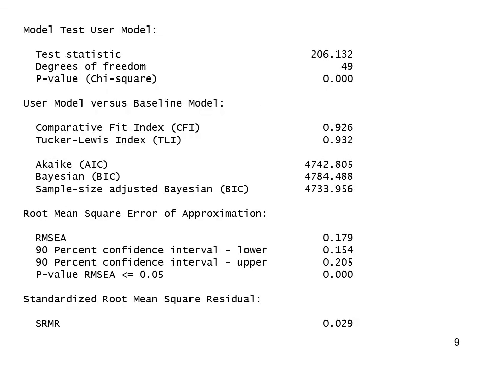The fit is not too shabby, if not perfect. While chi-square is significant and more than twice the degrees of freedom, both fit statistics are above .9, and while the RMSEA is large and significant, the SRMR looks good. Now, next, I want to stick with this same model, except I want to recast it as a regression rather than correlations.